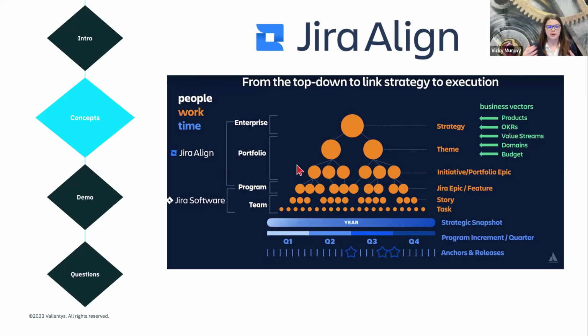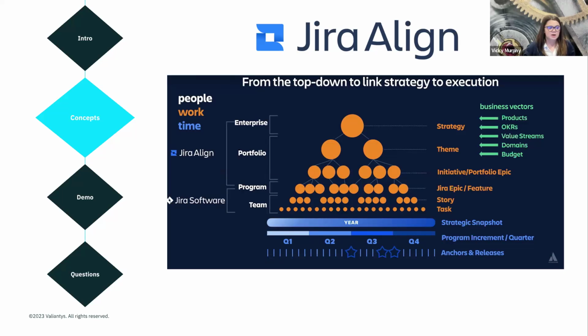And this is when we start to break that strategy down into broad themes that might take a year, multiple years to accomplish, and then further down into more tangible, actual large initiatives, or if you're following the SAFe framework, you may call this a portfolio epic, we are going to deliver over multiple PIs or quarters and using multiple